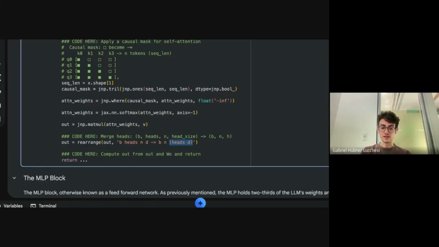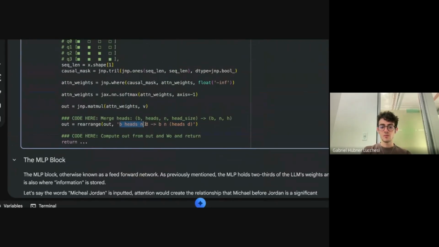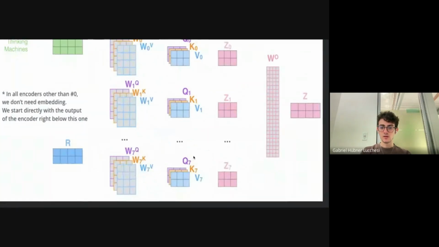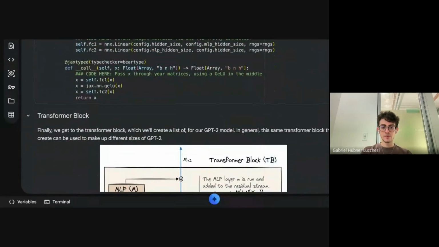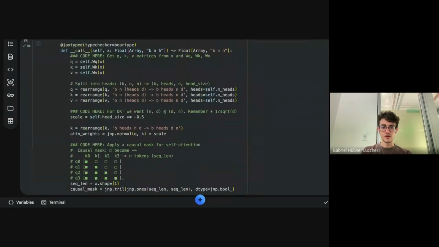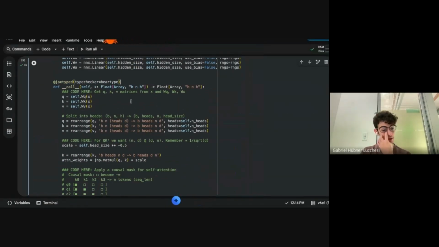I know it's going to be the same shape as what we had in the input. But it basically figures out how to do this rearrangement for us. And then at the end, we just multiply by the output weight matrix, this one here. There. This is our attention block. And I added some type checking in case there are any errors. We're going to find out what's wrong.